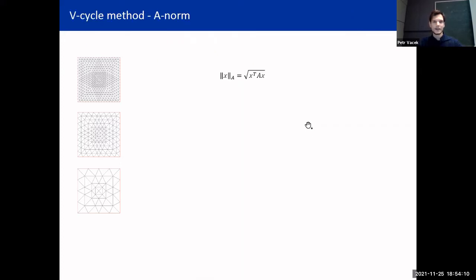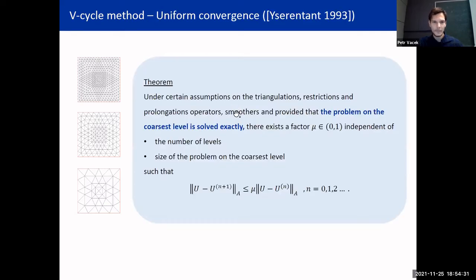Okay, now back to the geometric multigrid. Since A is a symmetric positive definite matrix, it defines a norm. This norm is called an A norm, and from the physical point of view, it corresponds to the energy in the system. The V-cycle method